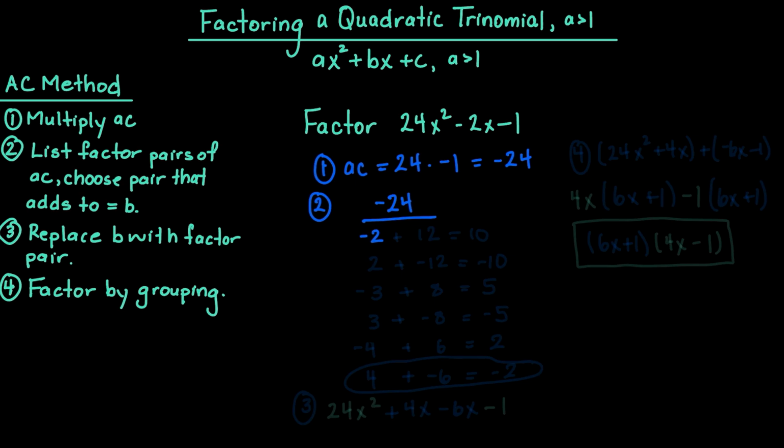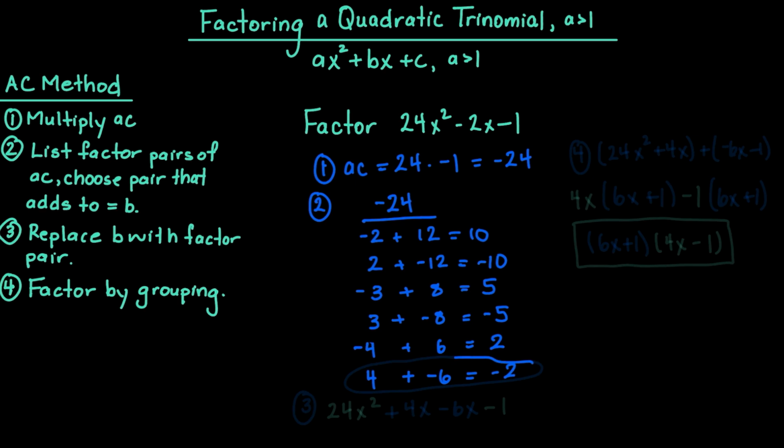So negative 2 times 12, but when I add those, I get 10. But we also need to check 2 and negative 12. That adds to negative 10. Negative 3 and 8. That adds to 5. Also check 3 and negative 8. That's negative 5. Negative 4 and 6 adds to positive 2. 4 and negative 6 adds to negative 2. So that's our winner. So step 3,